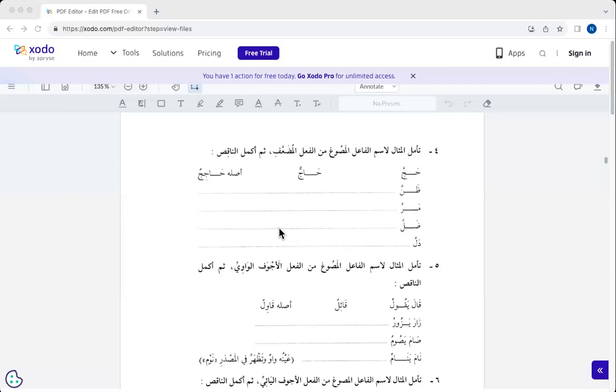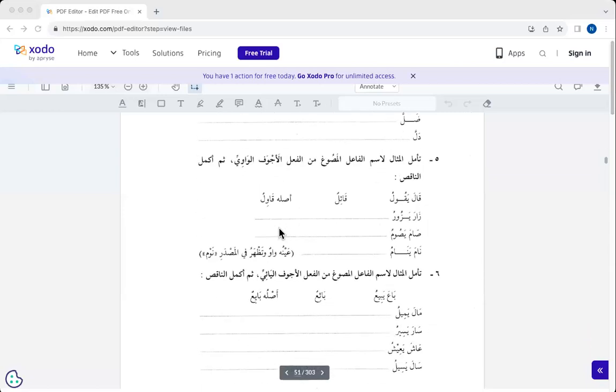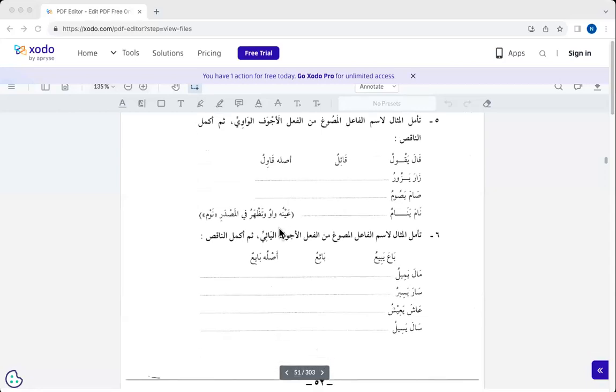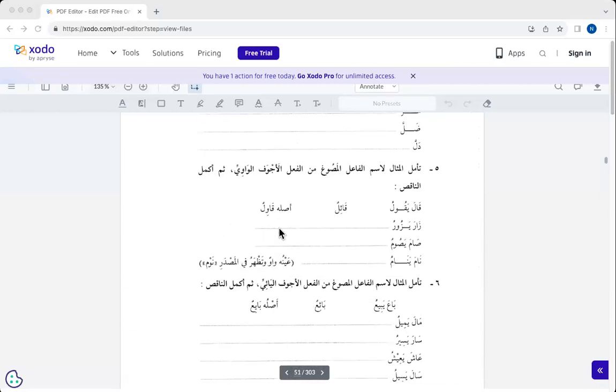And the purpose here is to look at ism al-fa'il and ism al-maf'ul in each of these examples. Okay? And now I believe we reached al-tamrin al-khamis. It says over here,